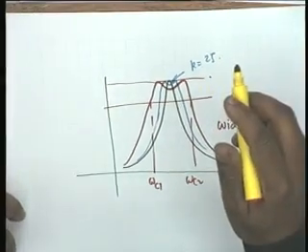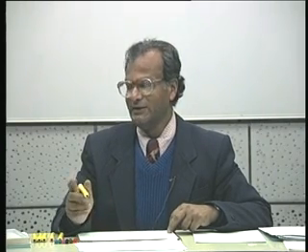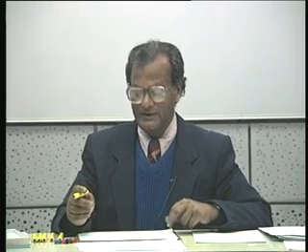For example, take the broadcast band, one of the medium wave broadcasting centers, Delhi B, for example. Delhi B is 1000 kilohertz, let's say. Now 1000 kilohertz, one might think that a single resonant circuit having a high Q at 1000 kilohertz should be good enough to pick up this station.